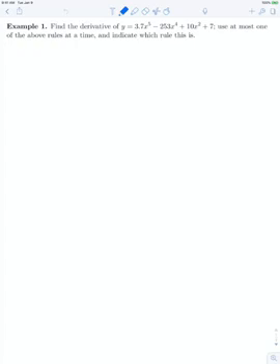So in this example, I'm assuming that you've already looked at the shortcut rules for derivatives, like the power rule and the sum and difference rule, the constant multiple rule. And we're going to apply that for a polynomial function. And in this one example, I'm going to break it down so that every rule, I make it really explicit